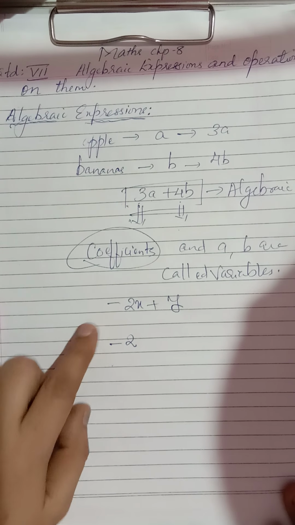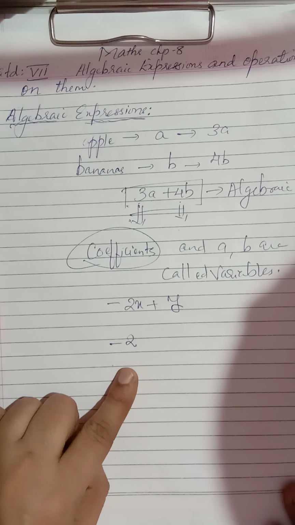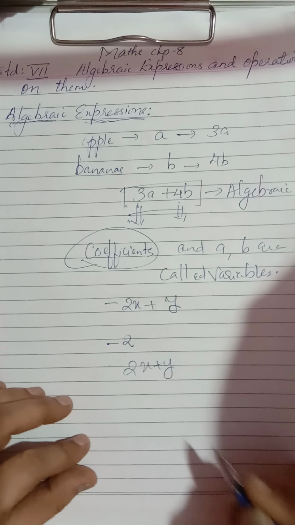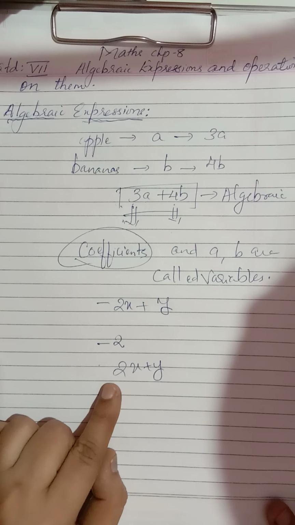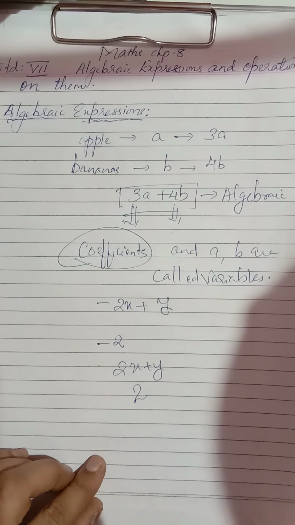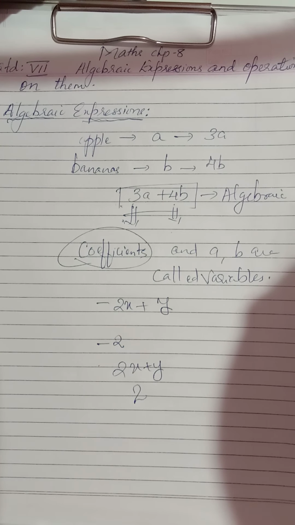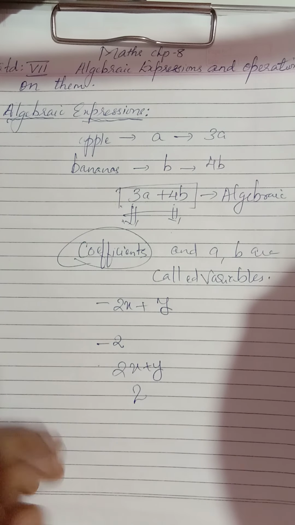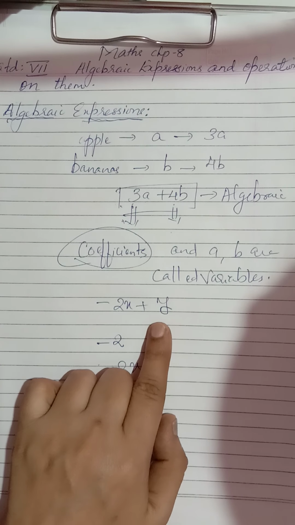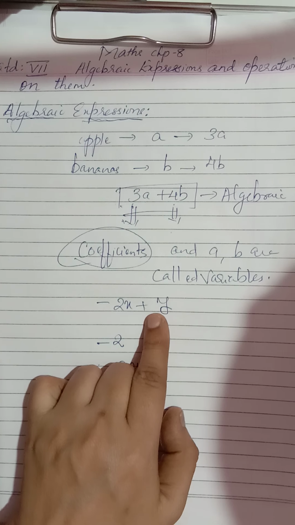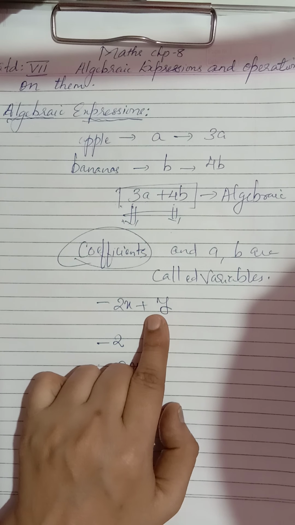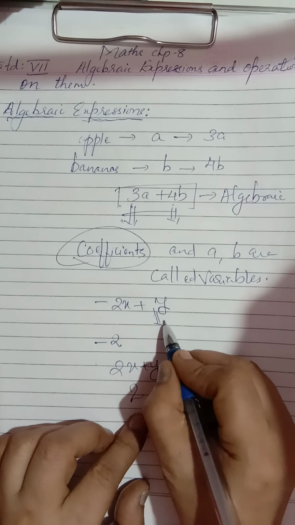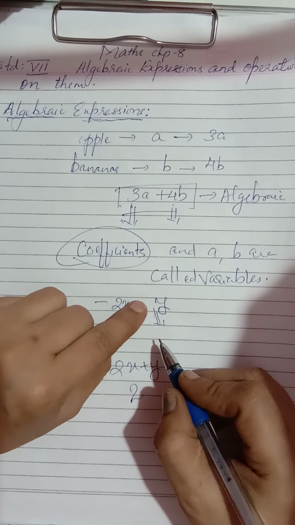Now see children, here there is a minus sign, so you have to write the minus sign. But if the question was 2x plus y, and I asked what is the coefficient of x, then your answer would be only 2. Clear children? So the minus sign has its importance. If it is there, you include it, and if it's not there, fine. And if I ask what is the coefficient of y, before y is there any number, children? No. Whenever there is no number before the variable, you have to keep in mind it is 1 into y, 1y.